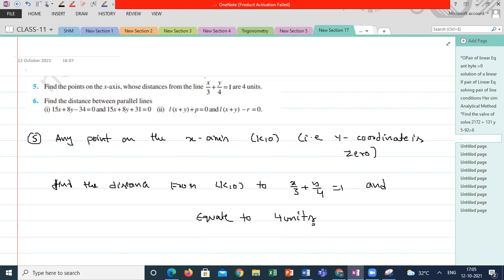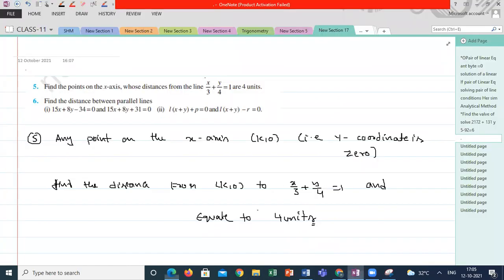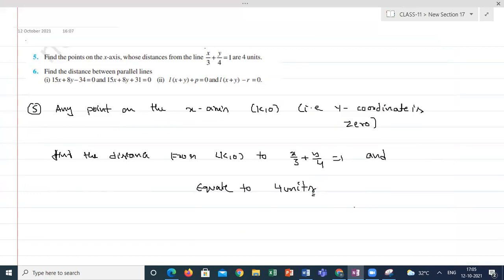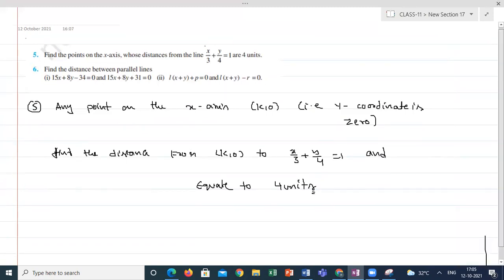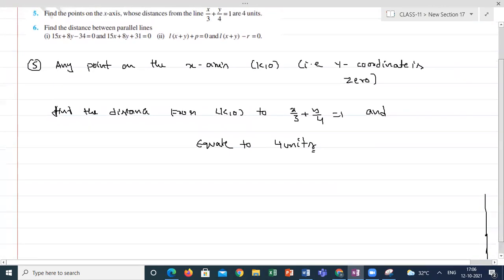So this is exercise 10.3, right? Sorry? This is the third exercise of the chapter, right? Yeah, third exercise of the chapter. Why, man? No, sir. Sudden doubt, sir. Yeah, what is the answer? Anyone got the answer? Guys, please be quick.